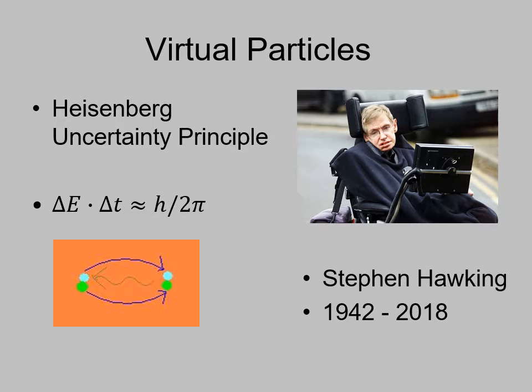In subatomic physics, quantum physics, there's something called the Heisenberg principle, and that is there are certain measurements that you can never make to 100% precision. You can only measure them to within a certain level of uncertainty. For example, position and velocity. You can measure where something is, you can measure how fast it's going, but in order to measure where it is,